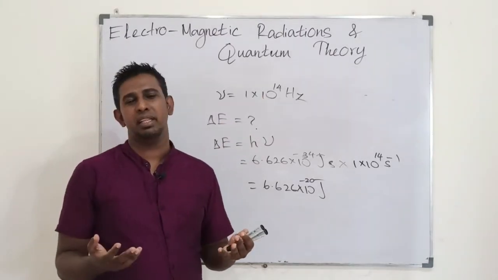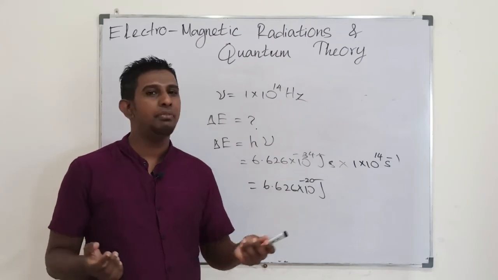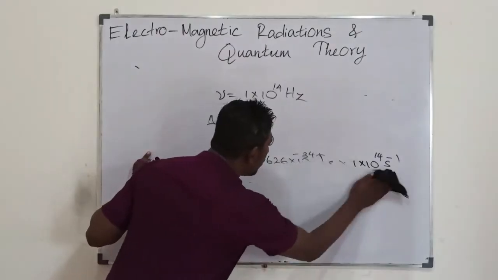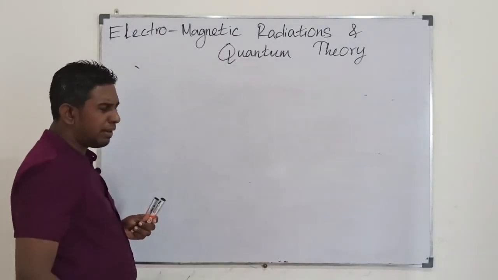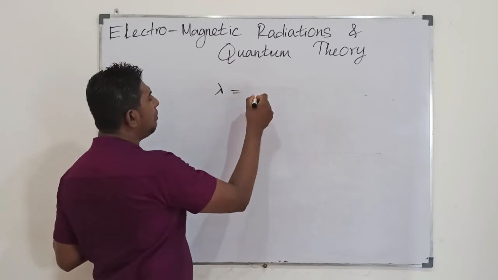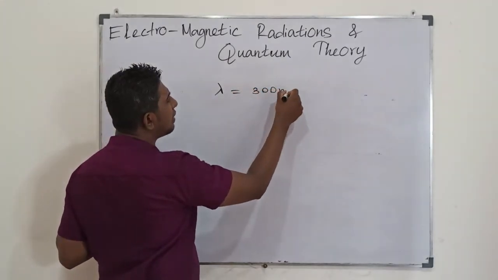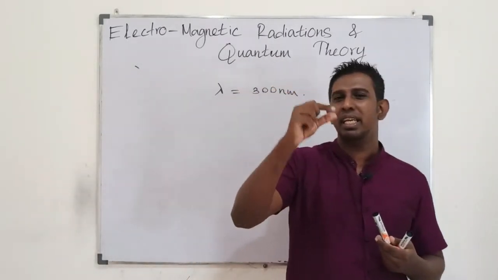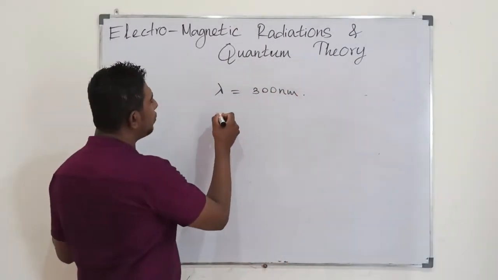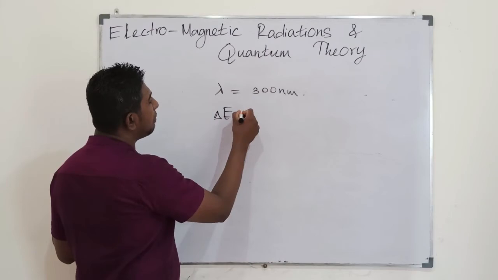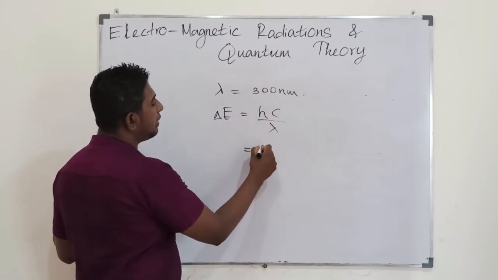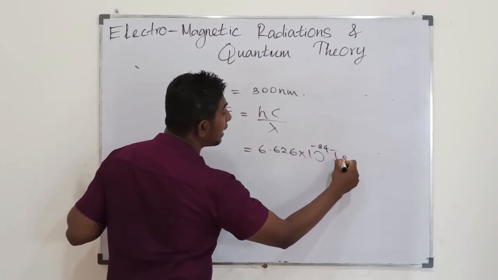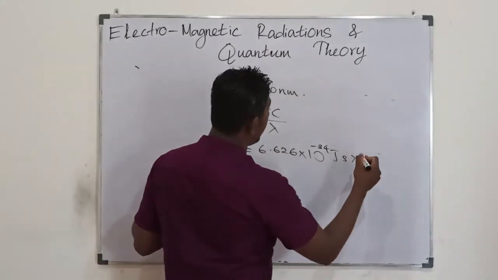So if you are provided with not a frequency but a wavelength, how would you find that out? Okay, let me show you that as well. Let's say you are provided with a wavelength lambda equals 300 nanometers, asking you to find the smallest energy amount within an energy packet. You would do that using the smallest energy amount equals hc over lambda. H is 6.626, the Planck's constant, into 10 to the power minus 34 joule seconds, into c,